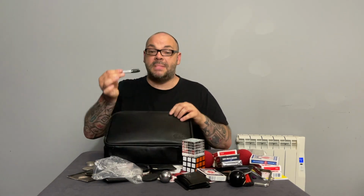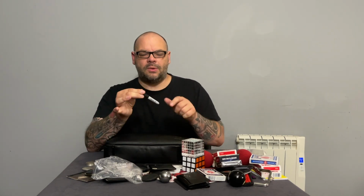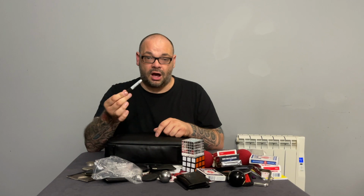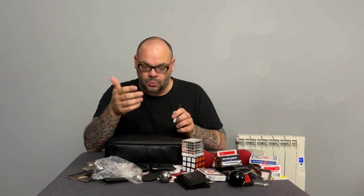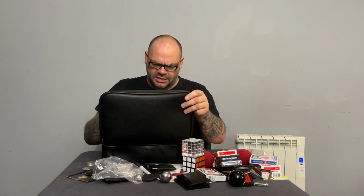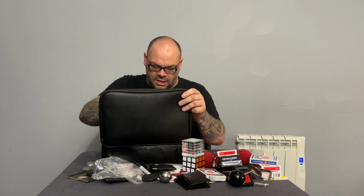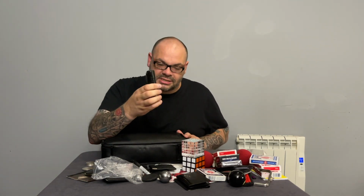We also have a mini Sharpie. I do a routine where I have a Sharpie marker and a coin, and the coin is kind of like a multi-phase coin in pen cap routine. And then what happens is the Sharpie becomes half the size, and then when the Sharpie becomes half the size, the coin becomes half the size as well, and then you end up with a massive Sharpie. In fact, if I've got that, I will have my massive Sharpie in here somewhere as well. It's probably in this section, yes. We end up with the Sharpie growing to this size, and we end up with the